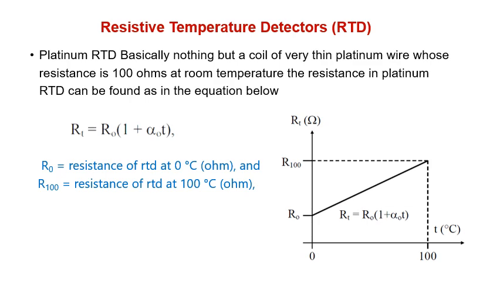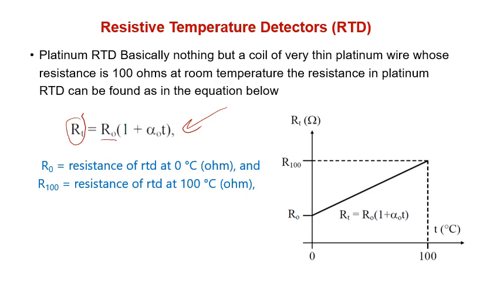So the platinum RTD is usually made to have its output resistance as 100 ohm. Of course, you can find variety of resistance, but usually the platinum RTD is made such that its resistance is 100 ohm at 0 degrees Celsius. From there, we can use this equation to calculate the temperature, or can relate the temperature to resistance. So the resistance at certain temperature